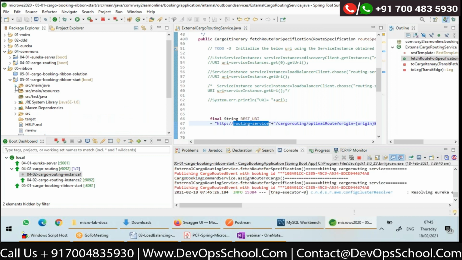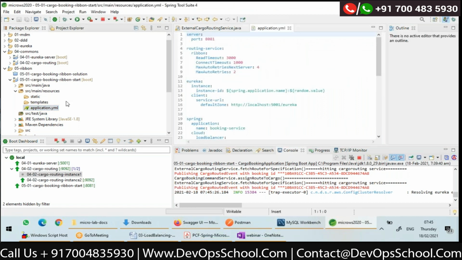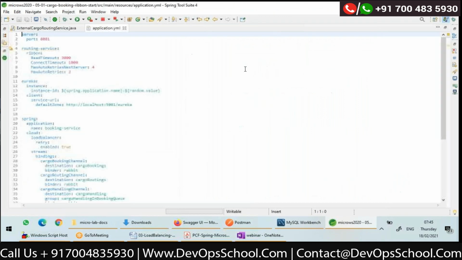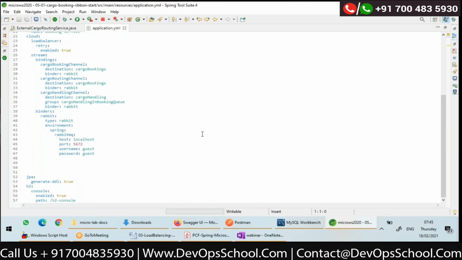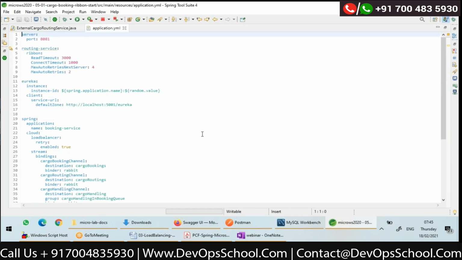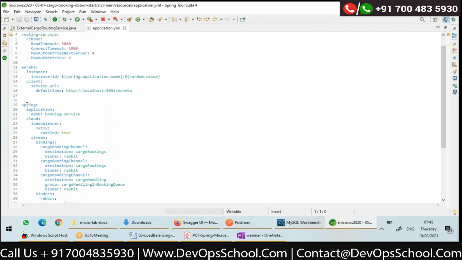Why? Actually, if you don't want retries, there will be a configuration. See here, spring.cloud.loadbalancer.retry.enabled.